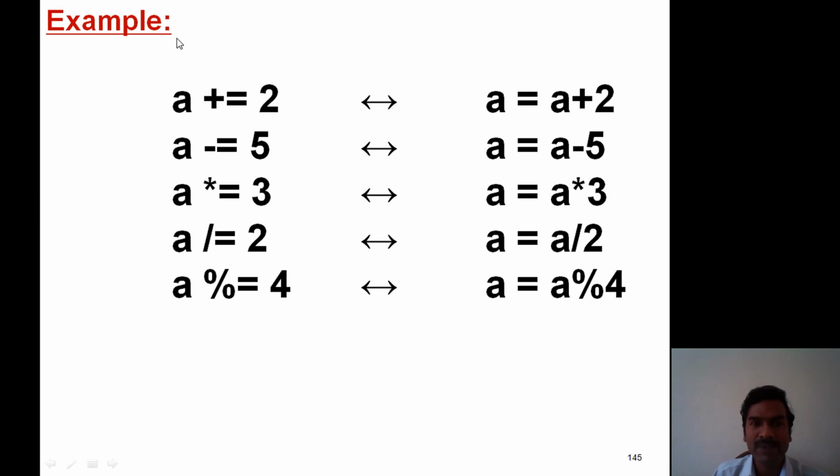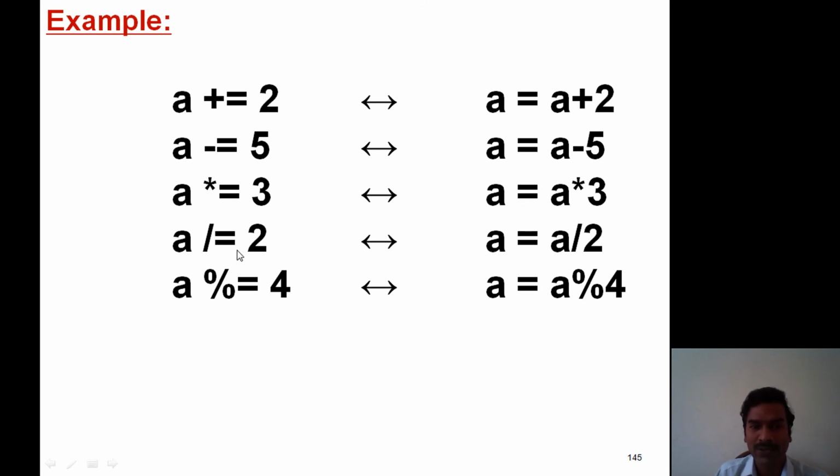Now observe these examples. A plus equal to 2 has the internal meaning A equal to A plus 2. A minus equal to 5: internal meaning A equal to A minus 5. A asterisk equal to 3: internal meaning A equal to A into 3.